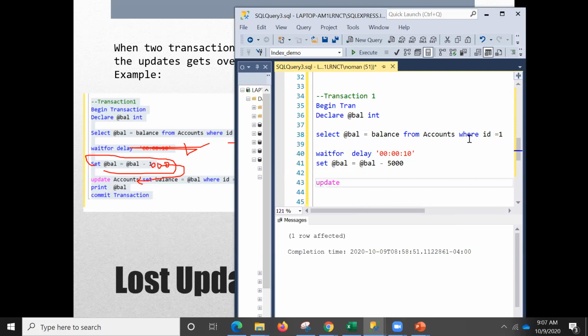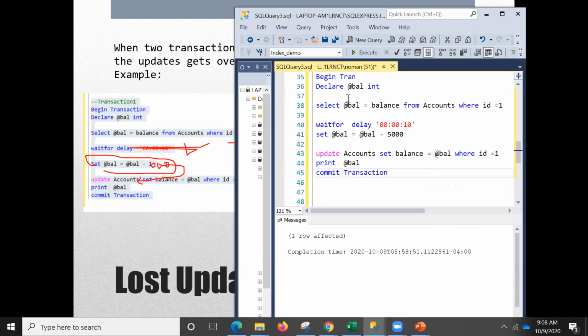And then update accounts set balance equal to @bal where ID equal to 1, print @balance, and commit transaction. All right, so I hope you all have seen that.